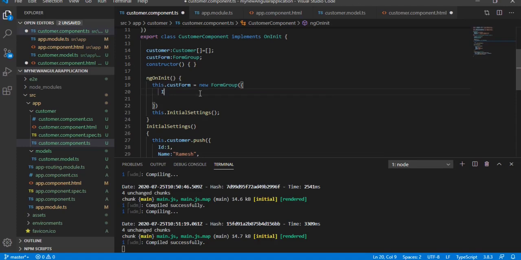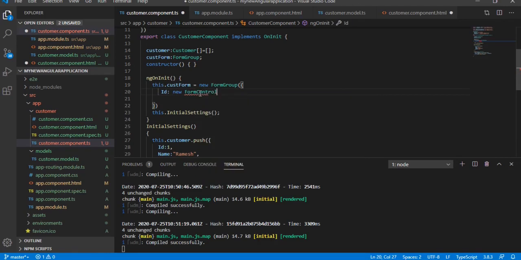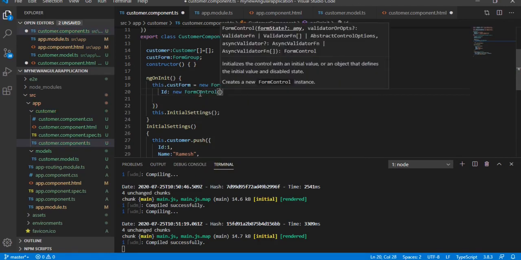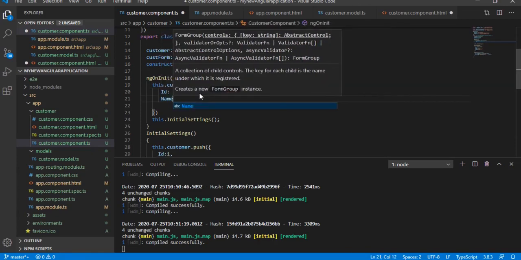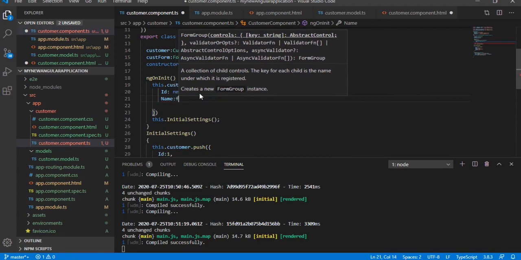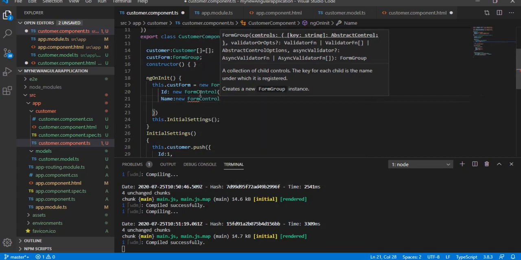Then initialize the controls. id is a new FormControl, and the text box value should be empty. I am assigning the empty values, and name is similar: name equals new FormControl with empty value.